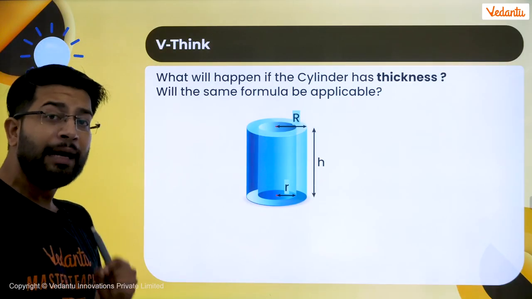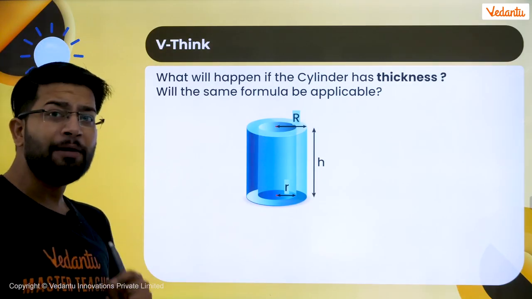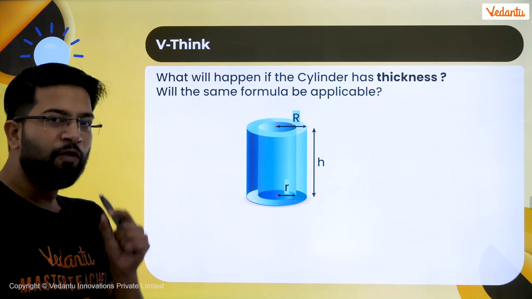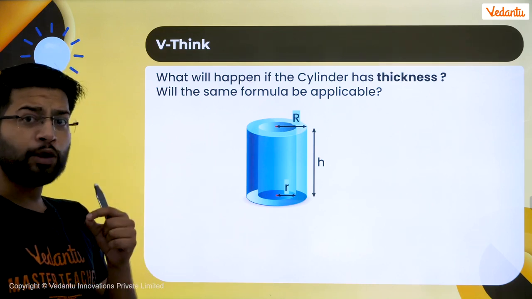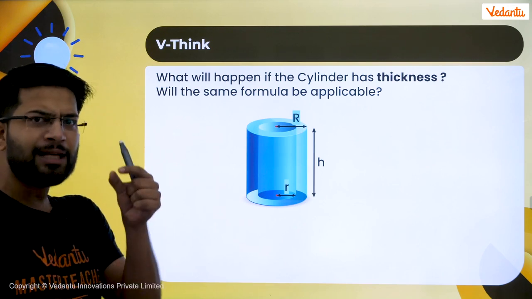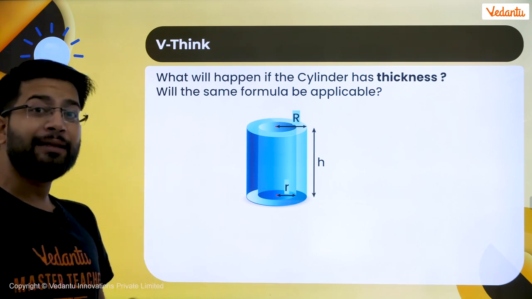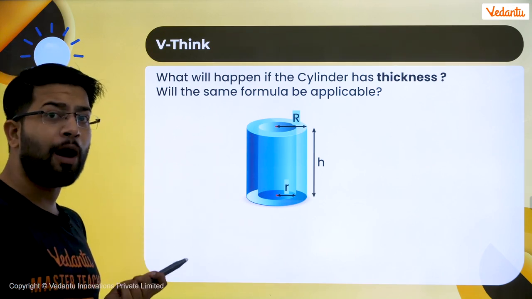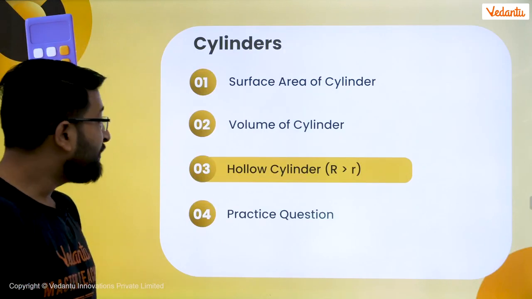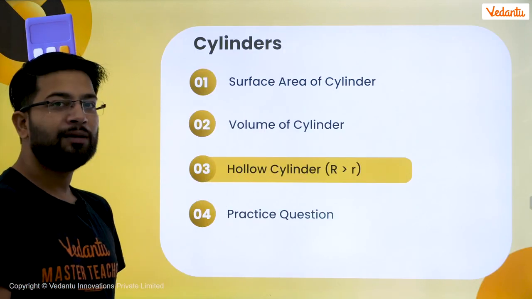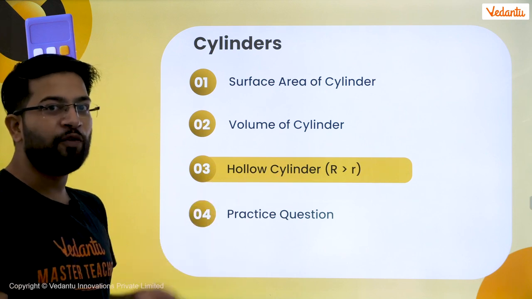What will happen if the cylinder is hollow? So champ, let's say my cylinder has a very specific thickness. Thickness means that the outer and the inner surface have a particular thickness. Then can we apply the same formula of the area and volume? The answer is no. For this we have to find out the area and the volume for the hollow